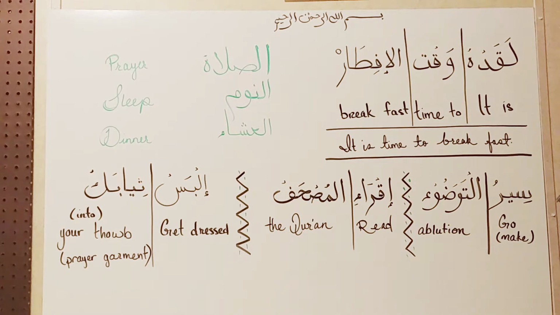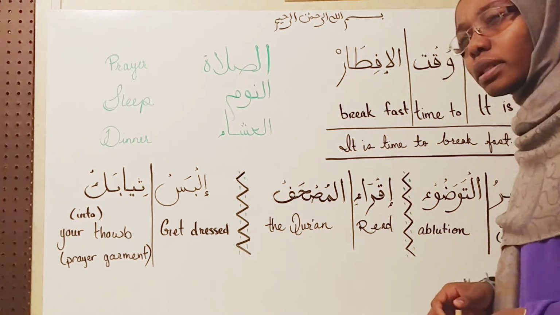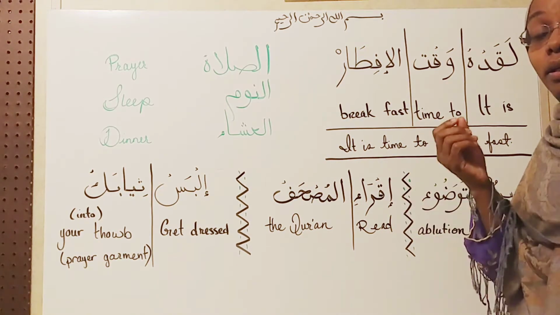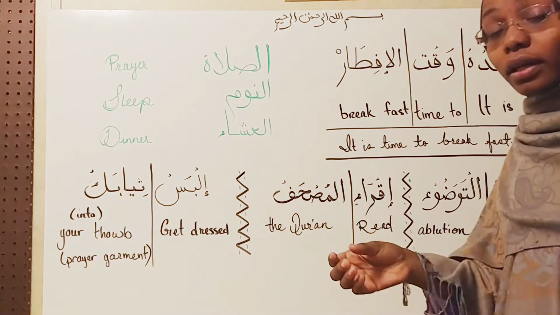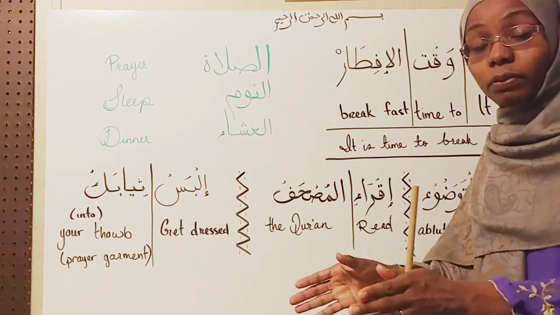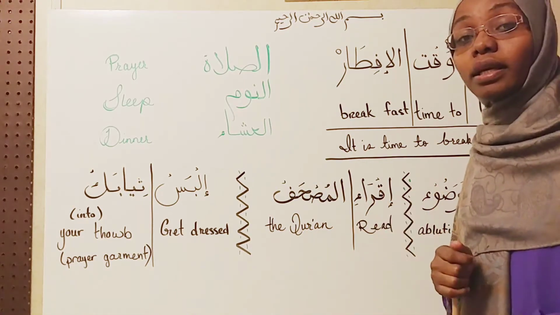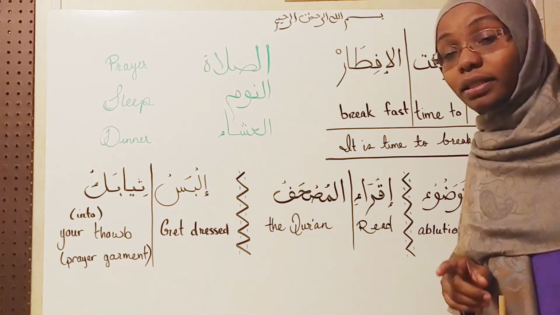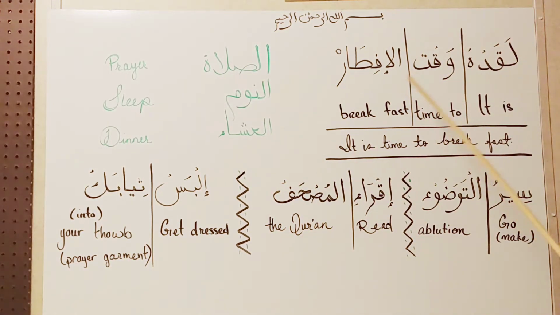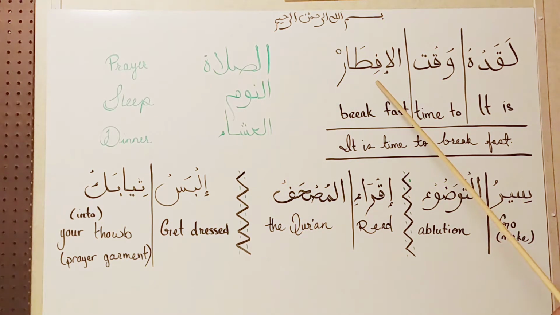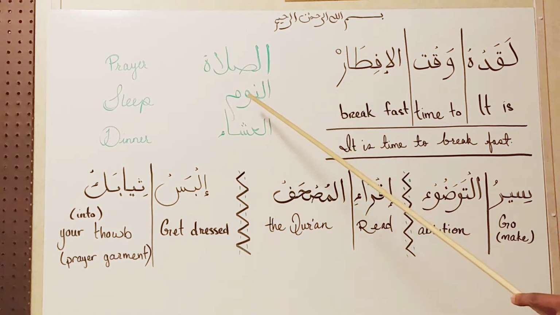When they hear it, initially they may think, what did you say? Or, pardon, I didn't understand. You say it again and you show them the tamr, or the dates. You show them لقد هو وقت الفطار, and you show them the maya, the water, and the tamr, the dates, and you present it to them. لقد هو وقت الفطار. And they'll put two and two together and say, oh, it's time to break fast. So you just keep practicing. لقد هو وقت الفطار.